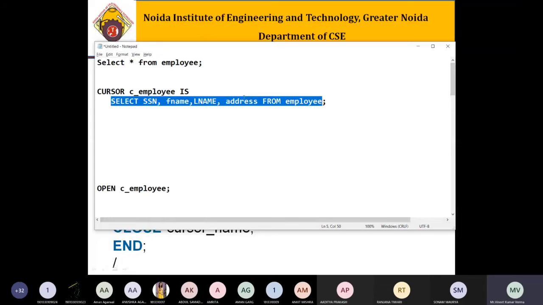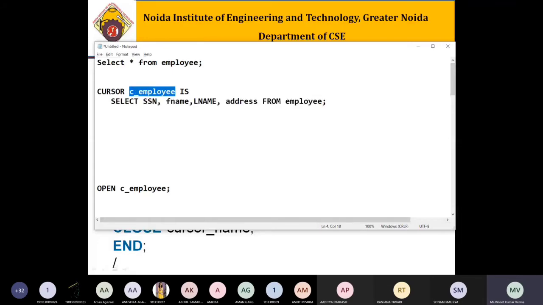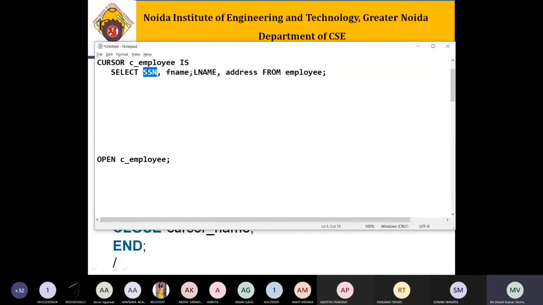Now, once we want to use this cursor in my PL/SQL program, we have to open it using the OPEN statement, right? Open the employee cursor. To fetch the information, like what are the information we want to fetch? We want to fetch the SSN, the first name, last name, and address. So for this, we have to create variables, right? The variables will hold the information that is in these attributes.